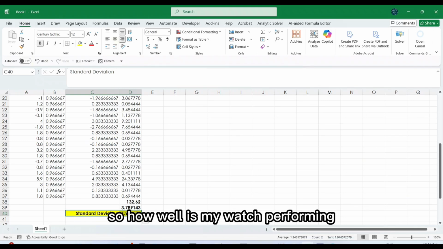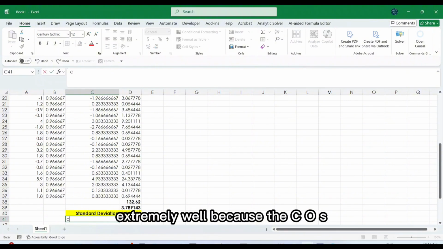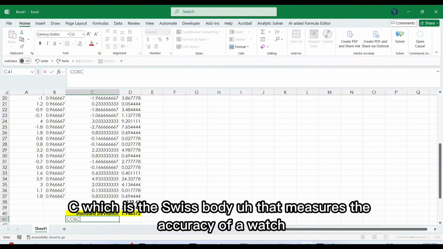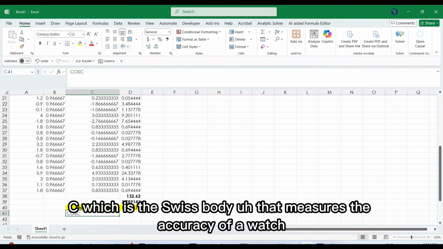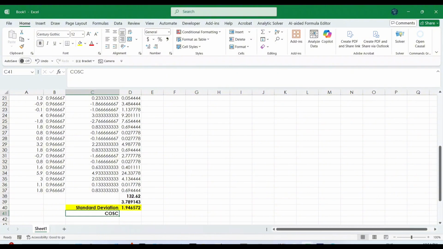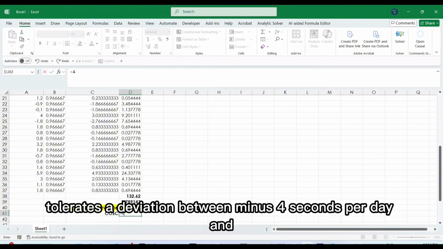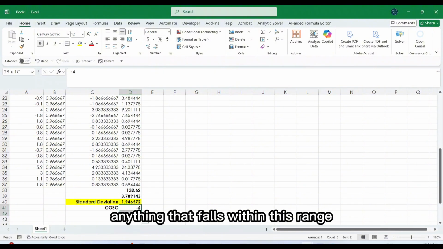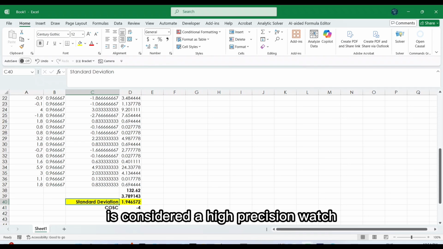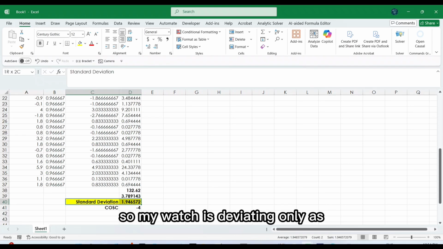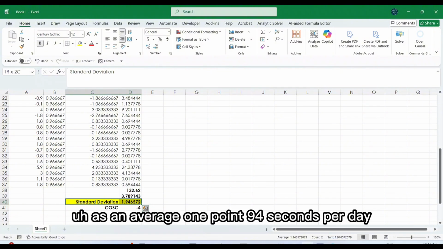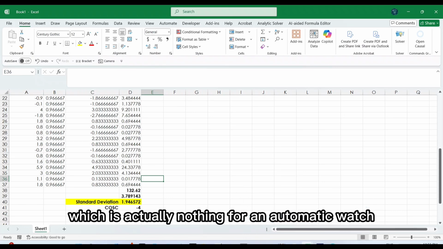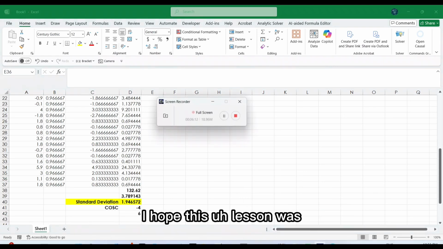So how well is my watch performing? Extremely well, because the COSC, which is the Swiss body that measures the accuracy of a watch, tolerates a deviation between -4 seconds per day and 6 seconds per day. So anything that falls within this range is considered a high precision watch. So my watch is deviating only as an average 1.94 seconds per day, which is actually nothing for an automatic watch. I hope this lesson was